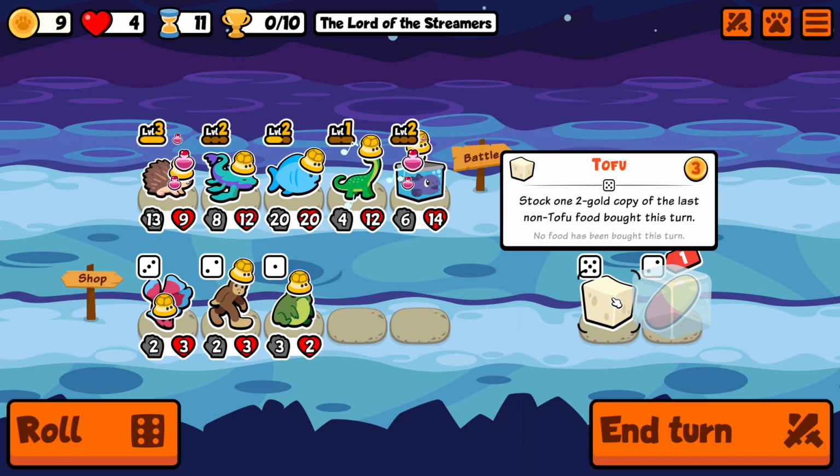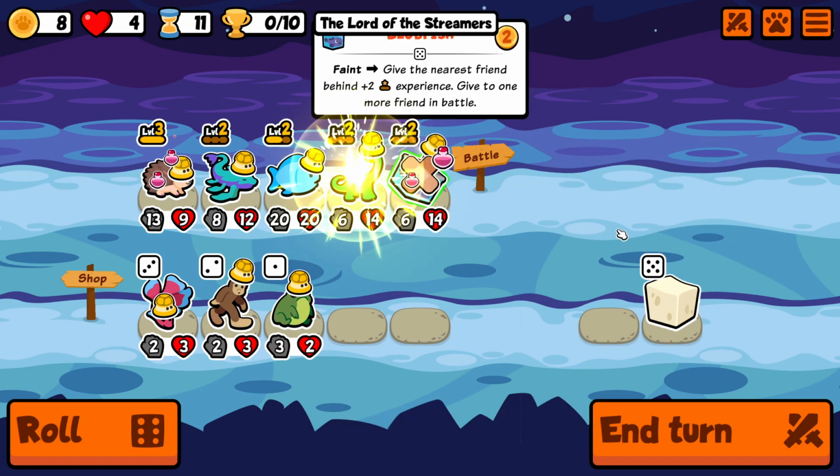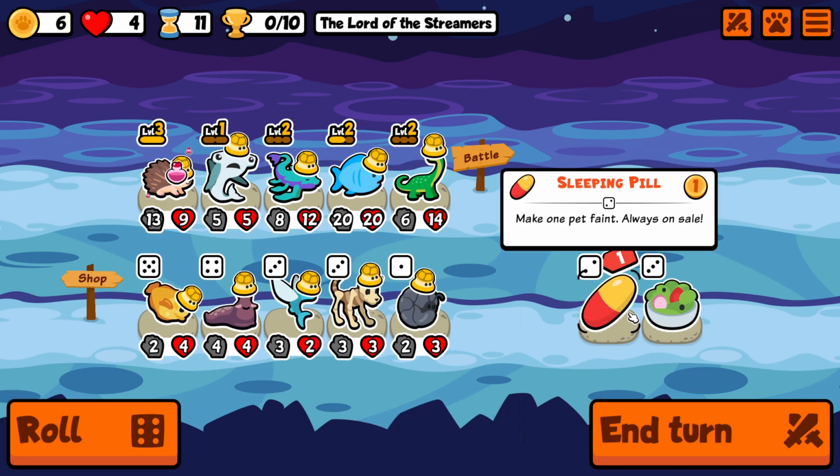Put the blobfish onto it, make it instantly level 2. If we level up into a hammerhead or another sauropod, we'll be happy, and here is the hammerhead, we can take that. So yeah, this is the setup basically, and this is why we wanted to be in the draw